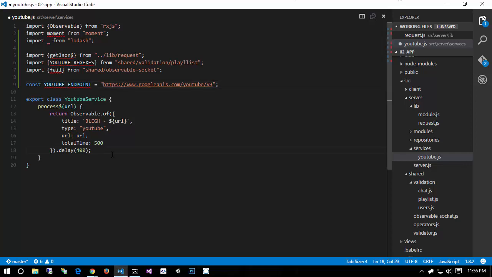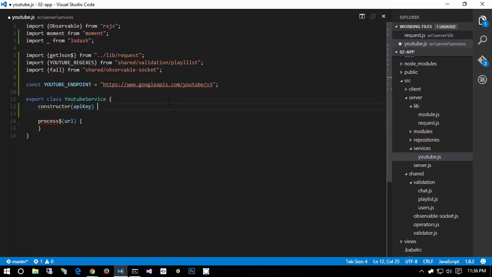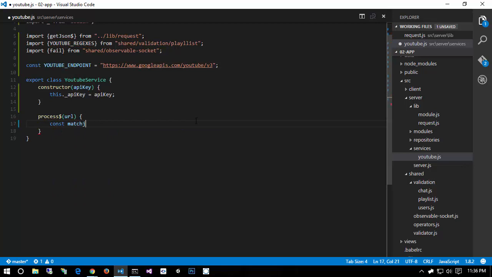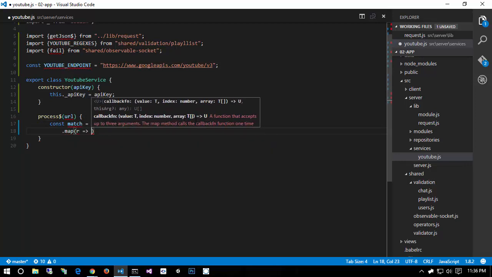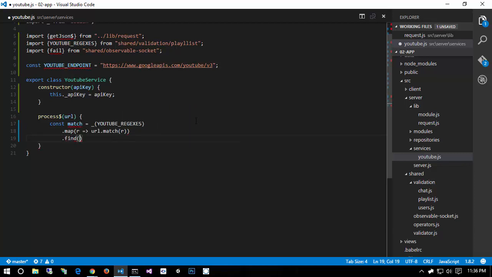And there we go. All right, well, ESLint is really mad at us right now for not using any of these imports, so let's go ahead and make it happy. What I'm going to do is create a constructor on YouTube service. We'll clean that out first. I'm going to create a constructor that's going to take in an API key, and we'll simply say this.apiKey equals apiKey. And then on processUrl, I'm going to say const match equals, and then I'm going to wrap YouTube regexes with underscore, and say map r goes into url.match(regex).find a does not equal null,